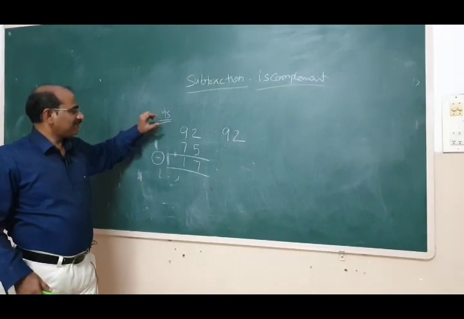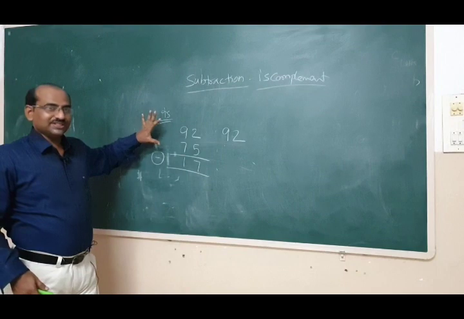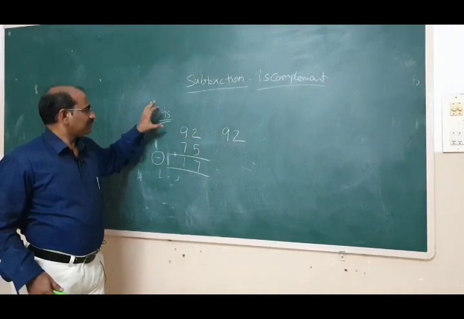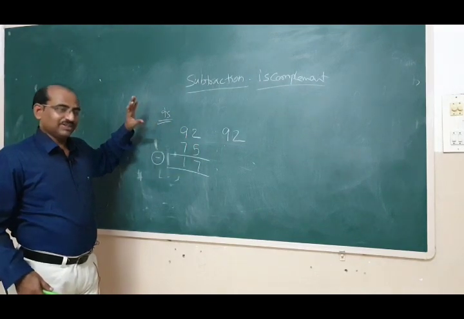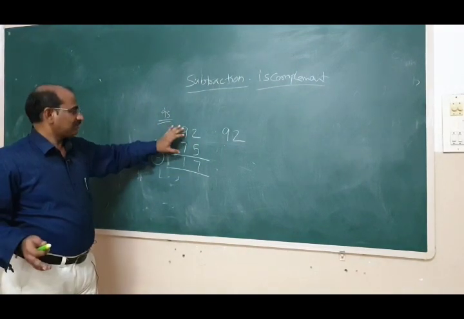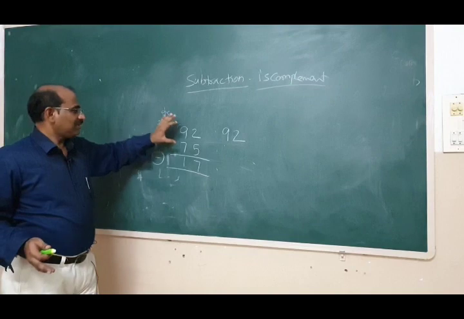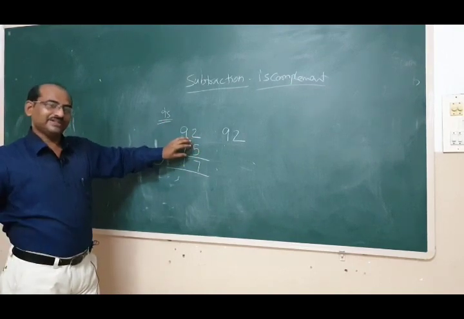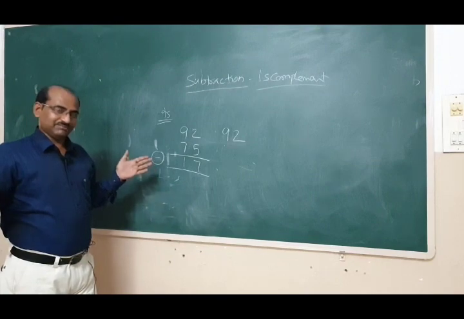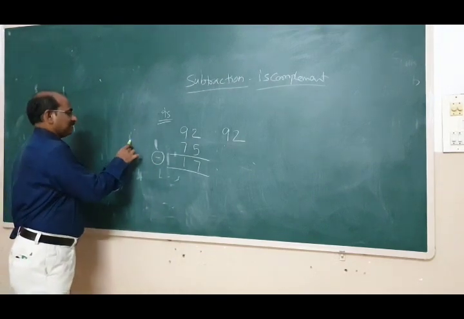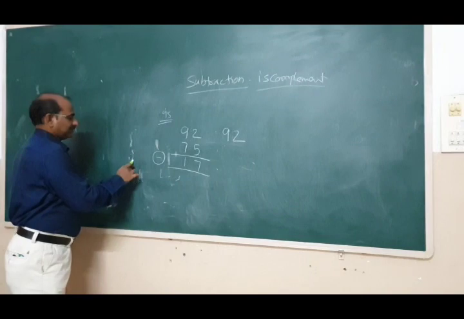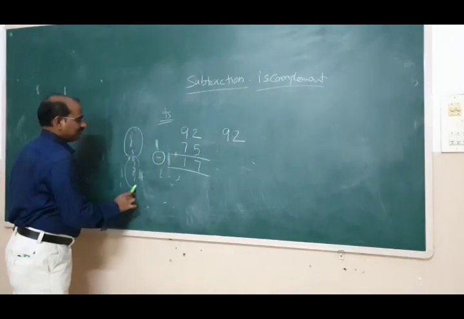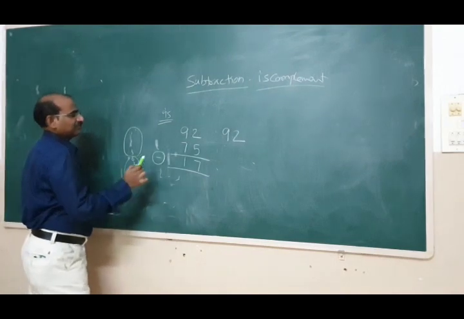What is 9's complement? It is the part other than the number shown here. So the 9's complement of 5 is, what is the leftover part? 9 is the total number and 5 is the number here. What is the remaining number in 9? Counting 1, 2, 3, 4, 5, 6, 7, 8, 9, this is 5. The remaining part we have to write. What is the size? 4.